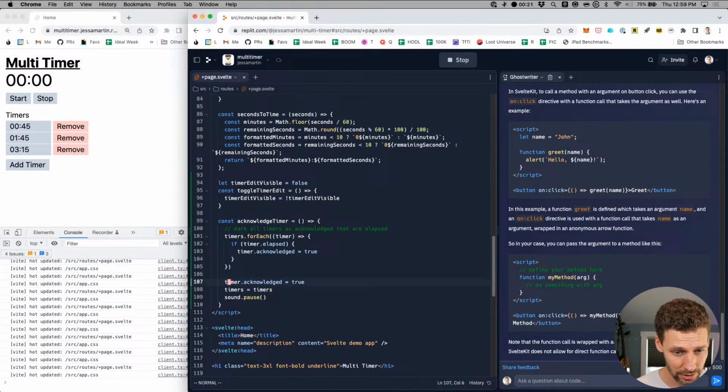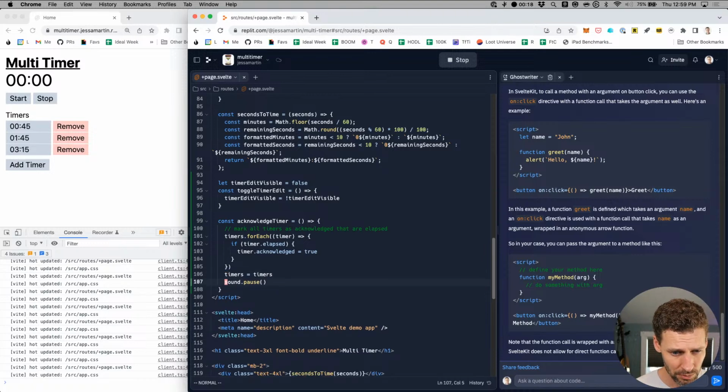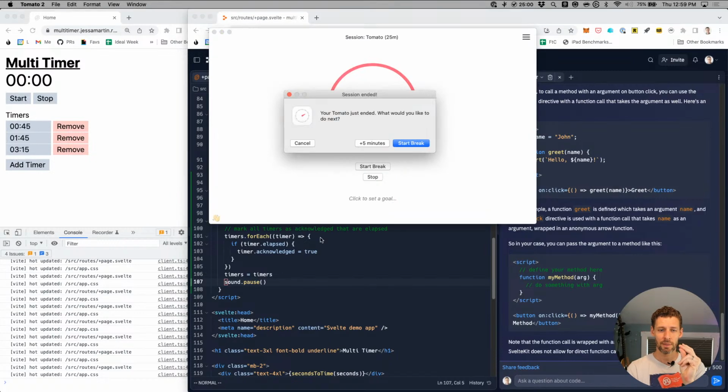That was actually the right thing to do. And then we'll reset the timers equals timers, and we'll pause the sound. Is that the right thing to do? So let me think about that for a second. Okay, so I think that is right.